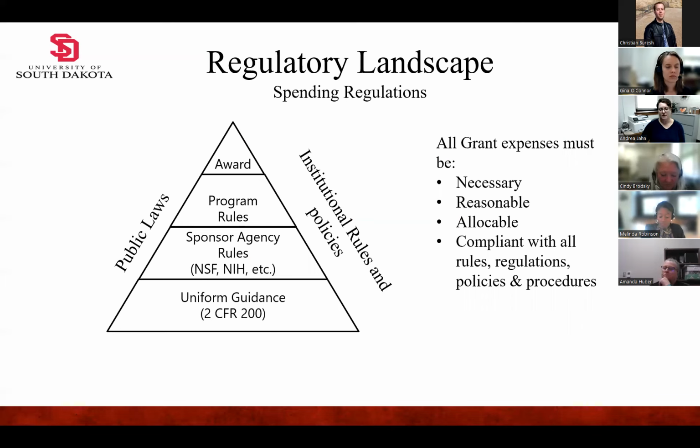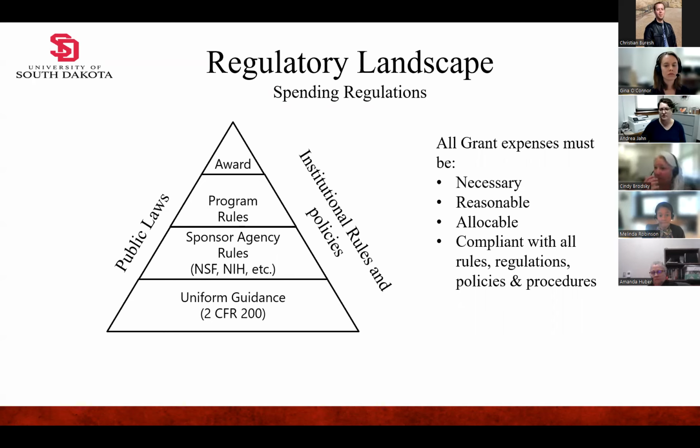But it's not just the federal guidelines. We're also looking at the state guidelines, and because we're an institution of higher education, we follow those guidelines, as well as university policies. Some of the policies are very detailed, like travel and such, and some are a little less stringent. But of course we need to understand those, and you need to be aware that those are there and